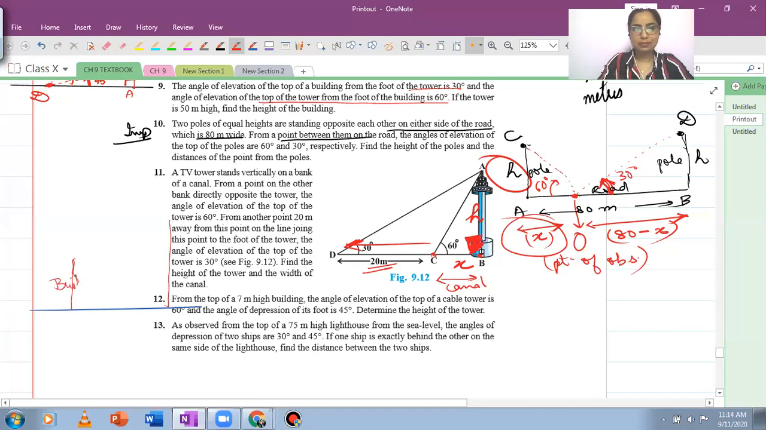So this is the building and this is the tower. From the building's top, this is the point of observation. So यहाँ से observe किया है tower की top को और यहीं से observe किया है tower के base को. These are the lines of sight. एंड जब ऊपर देखा तो एंगल बनता है 60 डिग्रीज का, जब नीचे देखा तो एंगल बनता है 45 डिग्रीज